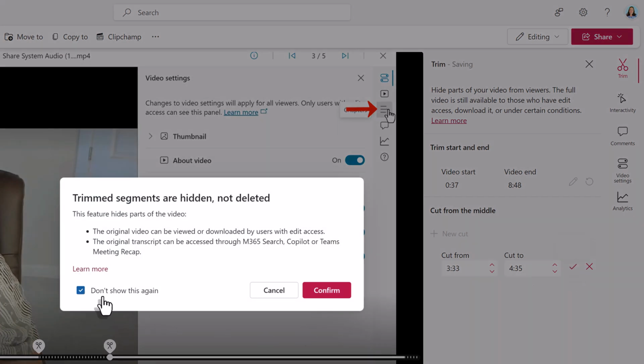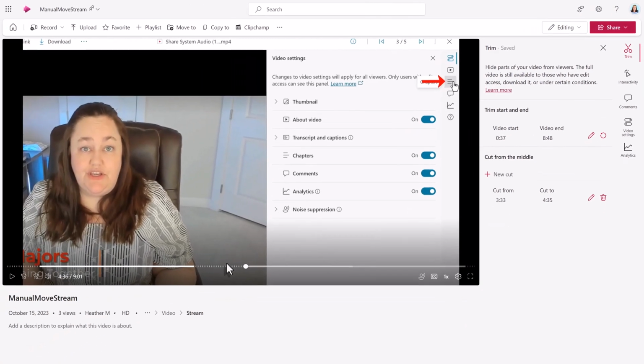You're going to get the same floating dialog box that we saw earlier. This time I'm going to say, don't show this again, and then click on Confirm. I would like you to notice that on the timeline you see these dashed lines that show you where the cuts had happened. You're only seeing this because as a person with editing permissions, you can see the original and